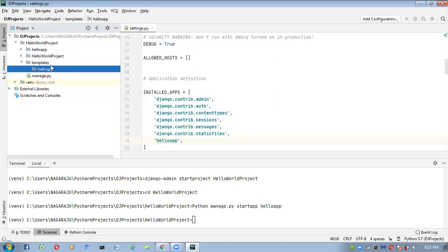So next, what do we have to do? We have to add this path. This template path we have to configure inside the settings.py file. How to configure that?